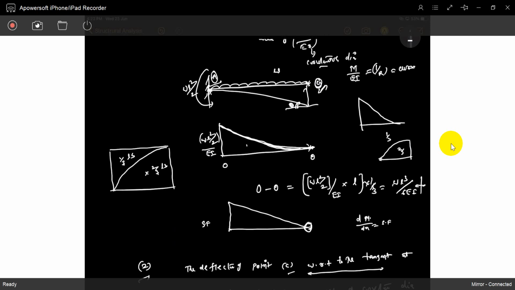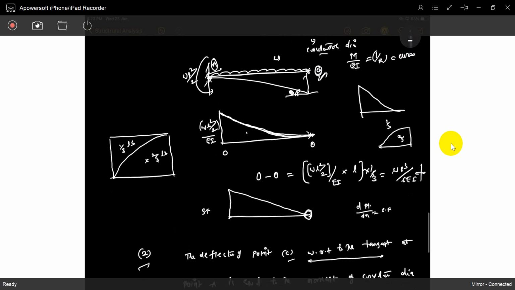with respect to the point C. That's it. See, first you have to choose those points. You want to find deflection at C. Choose some reference point. Reference point is A. Draw a tangent at point A. Tangent means what? Tangent means the slope. At that location the slope is 0, right? If it's 0 slope, the tangent drawn will go the same way. Understood? So the deflection of point C with respect to the tangent at point A will come like this. This value. No problem here.